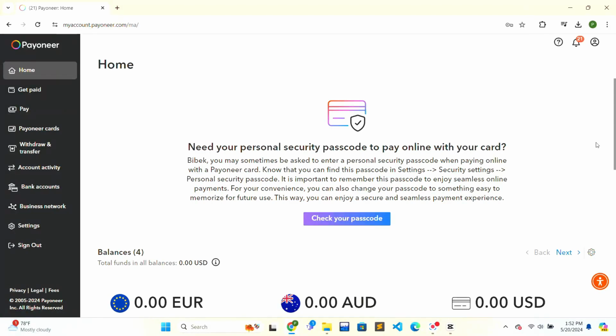Now let's get started with the tutorial. So firstly you need to open a web browser of your choice, and in the search bar you just need to type Payoneer and click on it and open the Payoneer account. And when you have opened Payoneer, added the details and signed in successfully, this is the page that is shown to you. So in order to withdraw money from Payoneer to bank account, on the left hand side